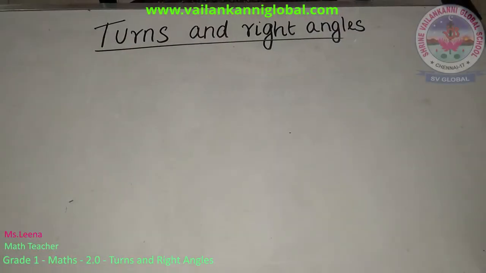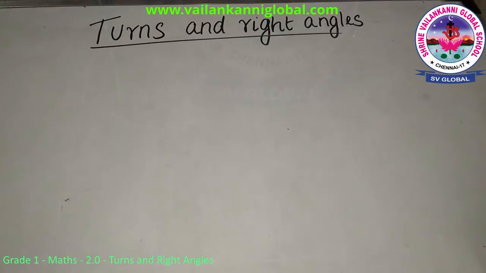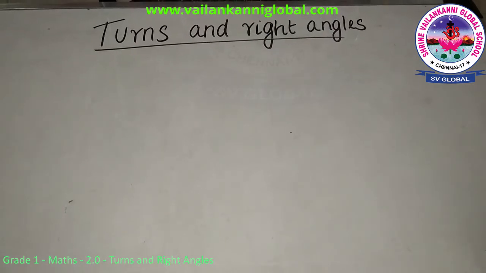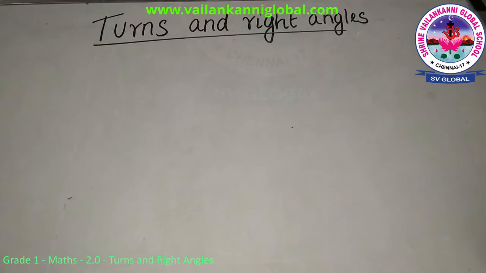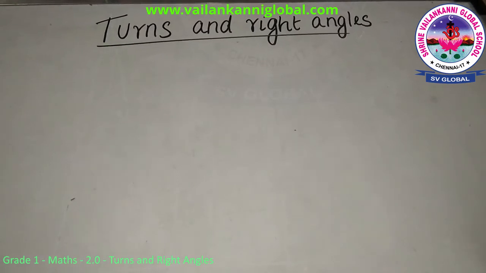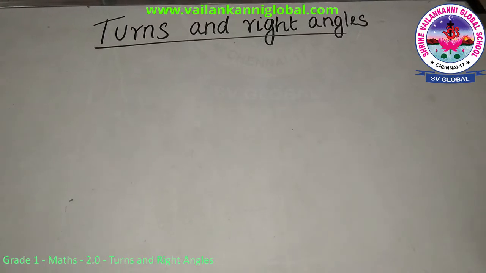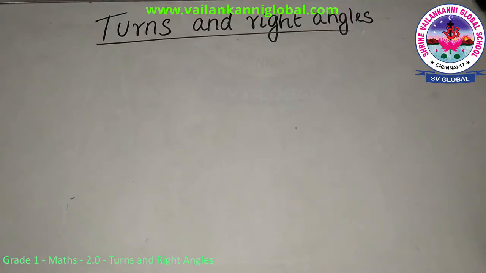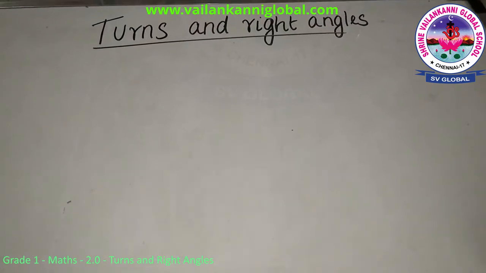In today's topic, we are going to learn about turns and right angles. We go to places very often, for example, your school or maybe supermarkets and other places where we will go very often. It may be easy for you to travel, but you must know certain keywords for them to tell the directions. For example, you have to take a right turn, you have to take a left turn, you have to go forward like that. So let's learn some of the keywords for explaining the direction and also how to explain